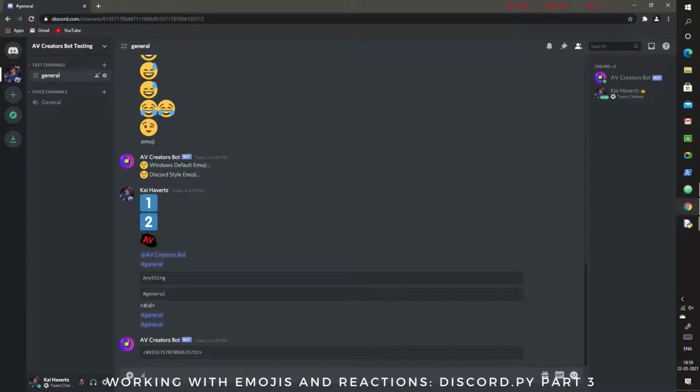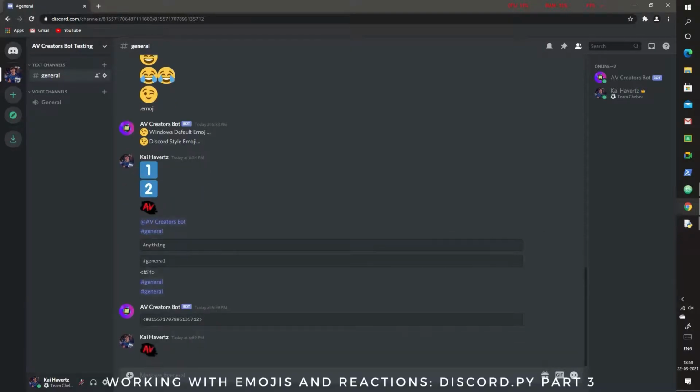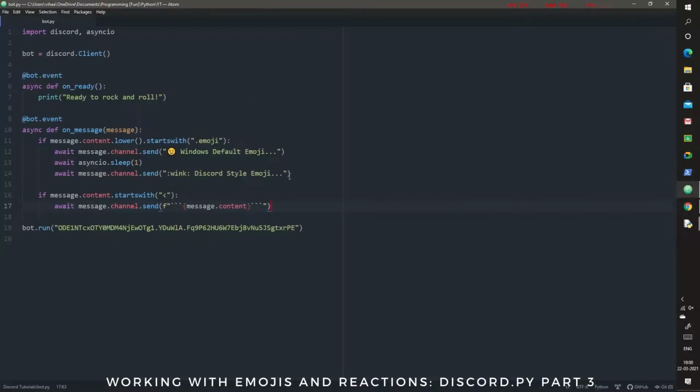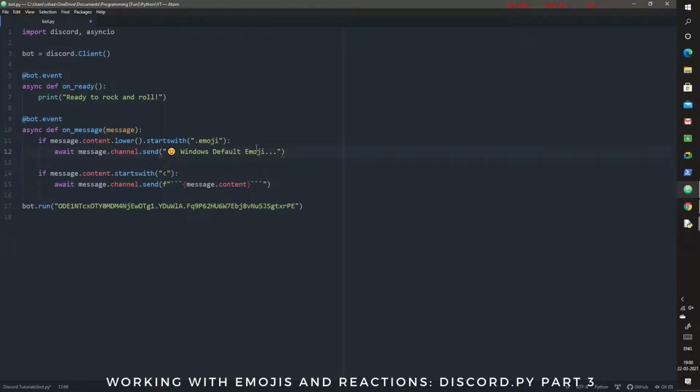So now let's do it for our custom emoji. See, we got the emoji name and emoji ID. Now you can just copy this, and here I will change this to something else, and now let's put this emoji here.